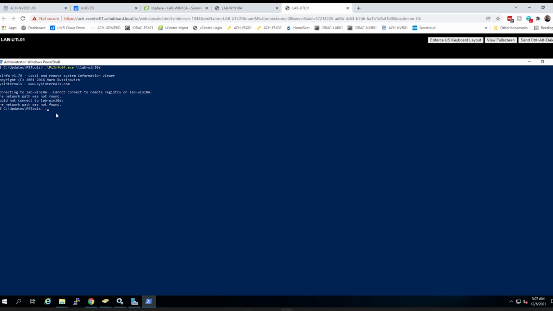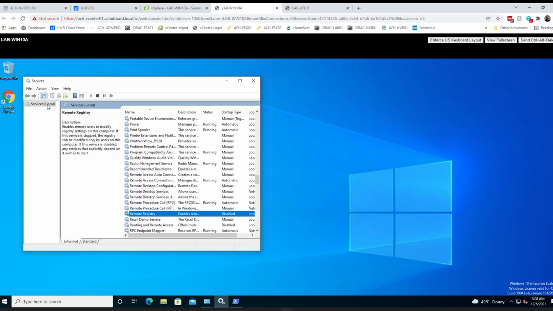So we'll come over here and do ./psexec64 \\lab-win10a sc config. So this will configure the service, the remote registry service, and the start type will be set to auto. So we'll hit enter. There we go. We've got a success. And if we come back over here and refresh our window, you can see the remote